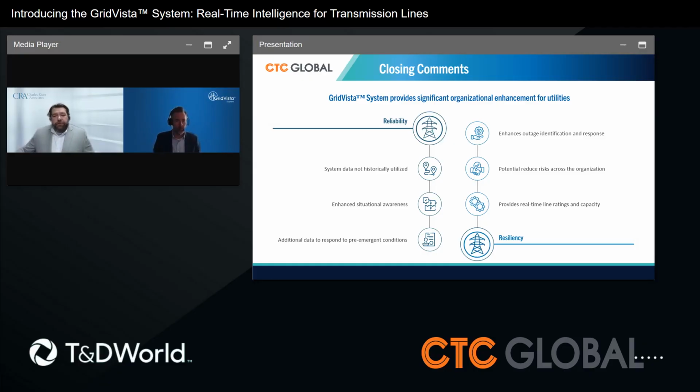The biggest value is actually kind of widespread across the organization. It's the enterprise reliability solution. It impacts so many different areas within a utility. There's so many different uses that a utility can get out of it. It's not just a one and done type of tool. It's something that can be used in real-time horizon, planning horizon, can be built out into asset management, O&M. It's just a very, very powerful suite when applied across a utility.